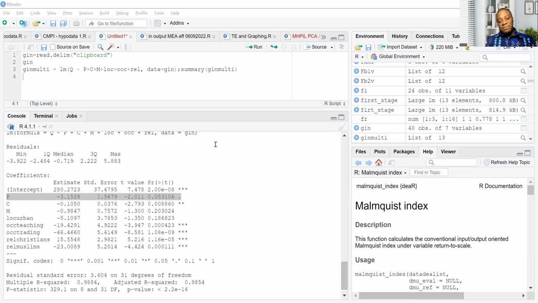On average, given the complement price of gin, average income of the people, location of the shop, occupation and religion of the people,